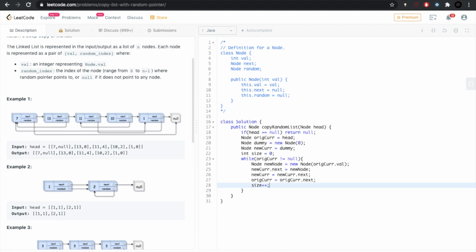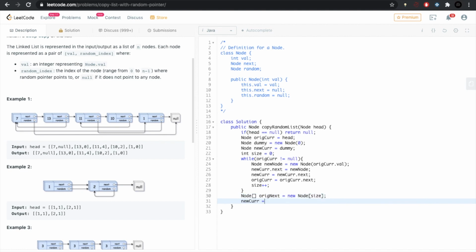Okay, so now everything is in place. All the new nodes are created with the same data as of the original nodes. The only thing we have to do here is fix the random pointers of the new nodes. We will create an original next array to store the next pointers of the nodes in the original linked list, so that after fixing the random pointers we can restore the original list back to its original shape.